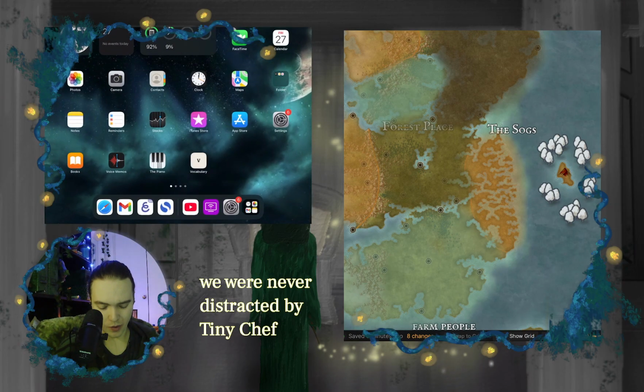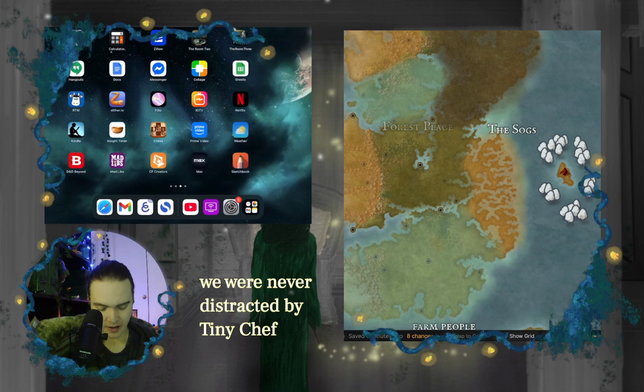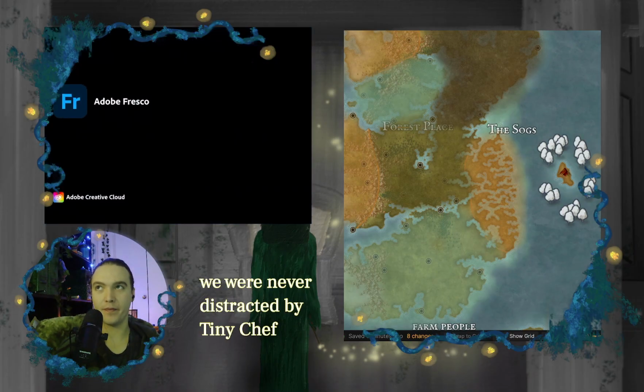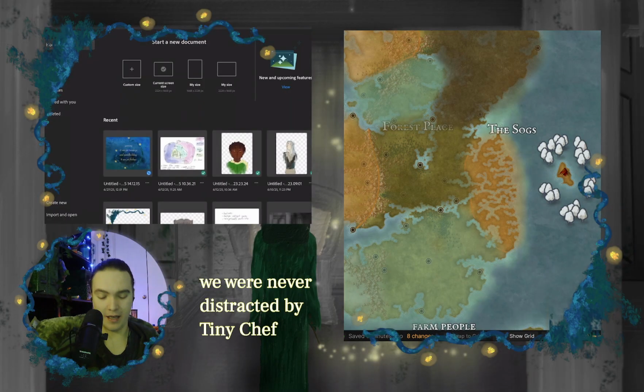You're gonna see my whole iPad, but that's fine. Where is Fresco? There we go. Let's do a current screen size. It's thinking.